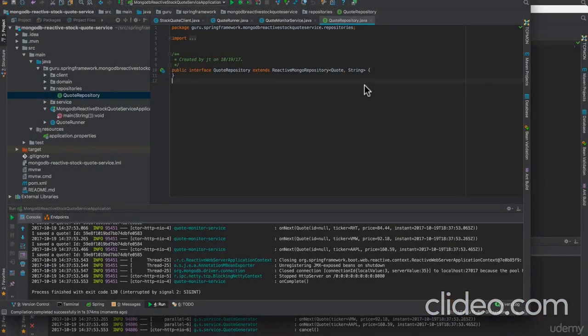Okay, so what we want to do is implement a tailable cursor. And basically this is going to open up a connection to MongoDB, and we're going to watch that collection for every time a document is inserted. We're going to receive a copy of that. So this is a new feature, and it's specific to Reactive MongoDB, and Spring Data MongoDB does have support for it. So the way we implement it, we have to implement a flux, but we don't want to do this. We want to use @Tailable. And instead of that, we want to say find